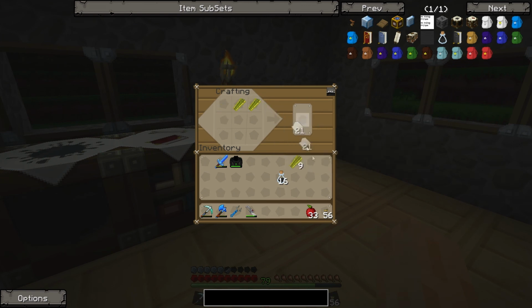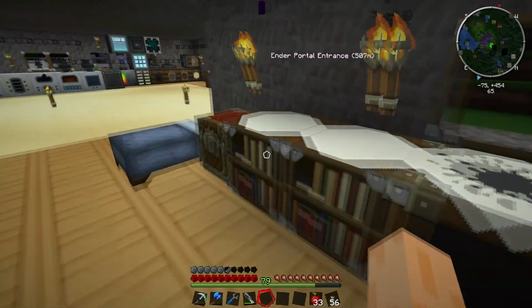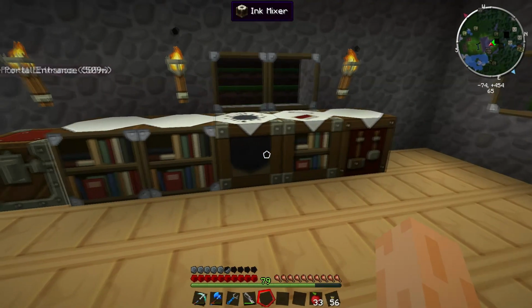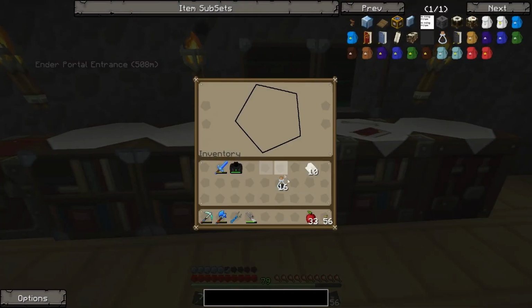So that'll do for now. We've got 21 paper. Very nice. So these reeds should make a fair bit of paper. And then to make your first random age, what you first need to do...